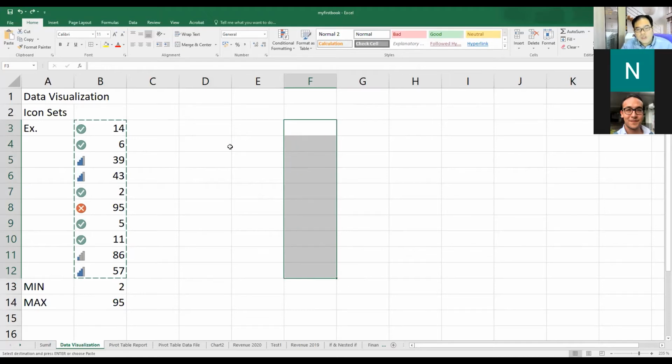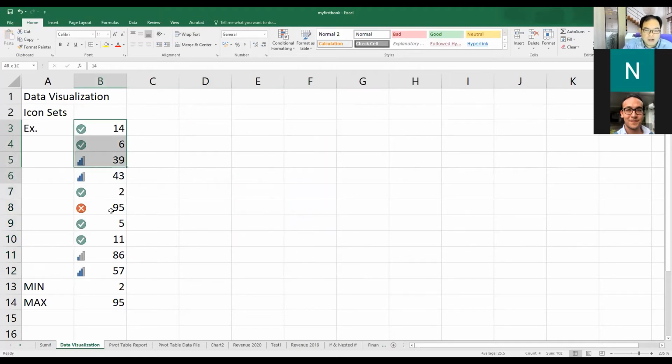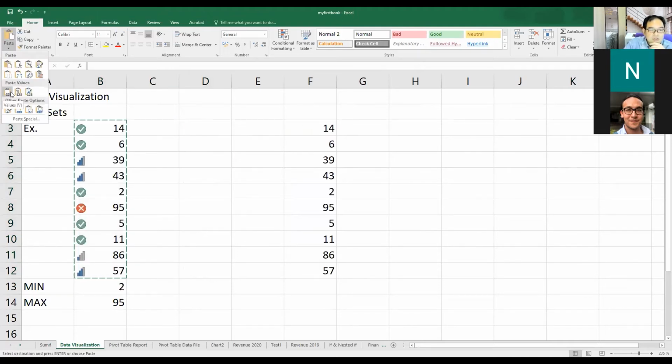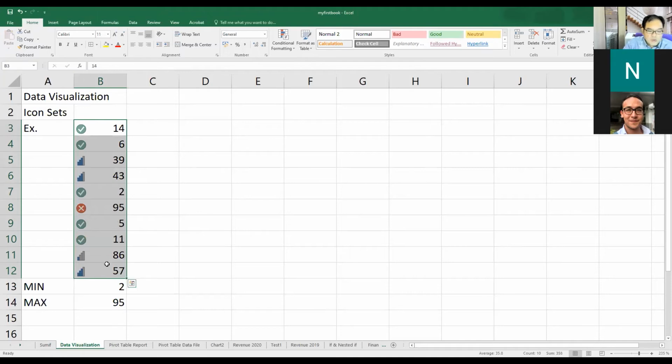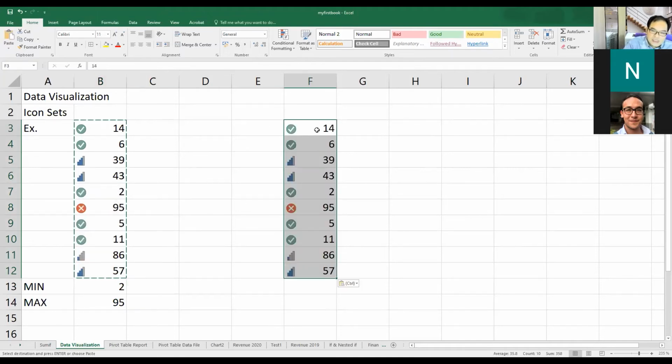The first one: once you copy from the original data, before you paste you have to choose paste values, so it will be just the values that come to the new place for you. The next one: if you paste already and the new location comes with the values and the icon set,